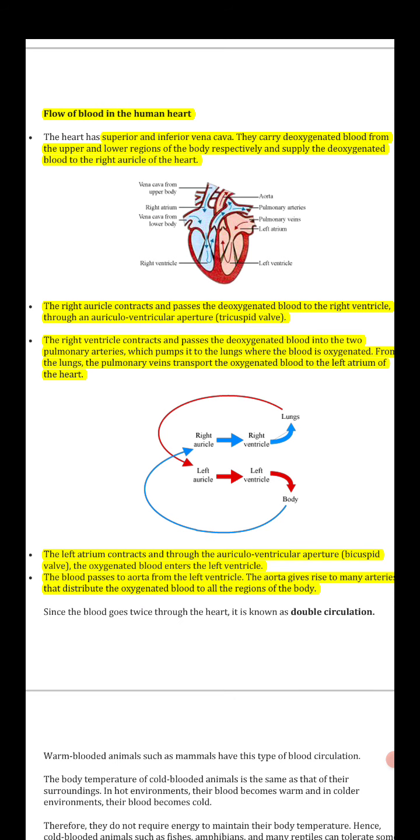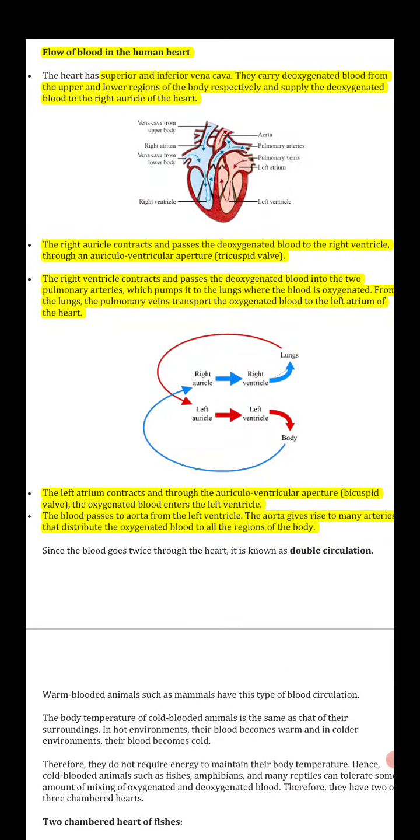During your exam, you just have to remember 3 to 4 things. The first thing is what our heart structure is. The second is the names of the arteries and veins properly. The third is which artery carries which blood, oxygenated or deoxygenated. And the last is through which vein the blood enters the heart, and through which artery the blood is circulated all over our body. So these are the 3 to 4 things you have to remember.